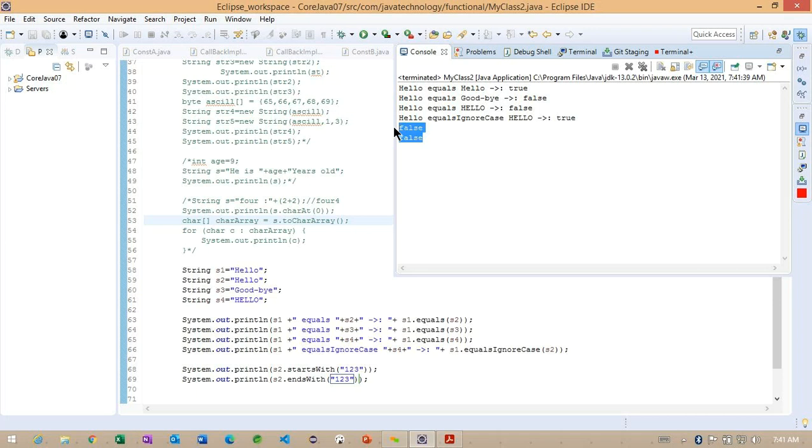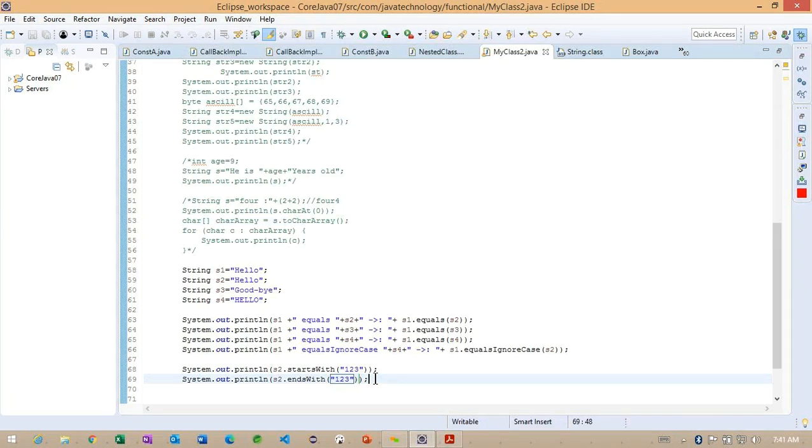So this is all about one important piece of information. Now I want to specify one more thing, the equals method as well as the double equals operator. Double equals is an operator, equals is a method. So observe carefully. Now this particular S4 I want to create using an object reference.